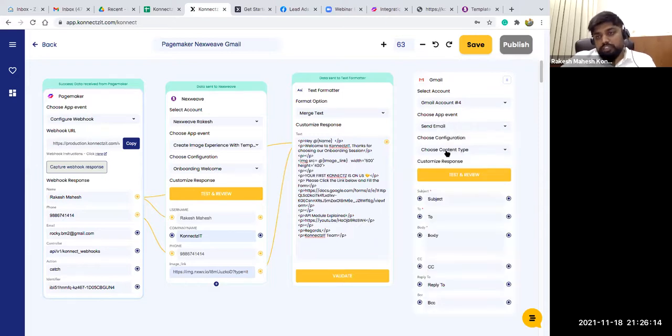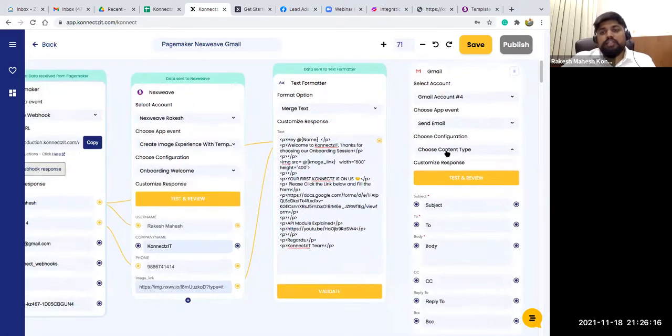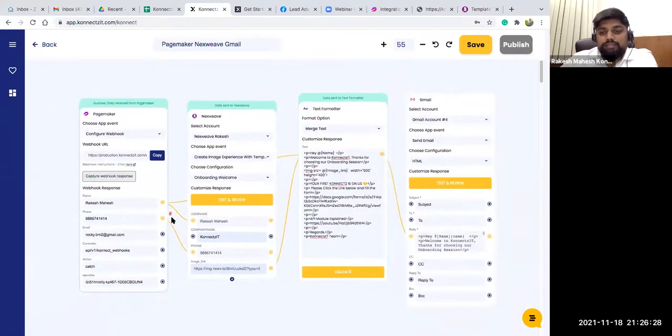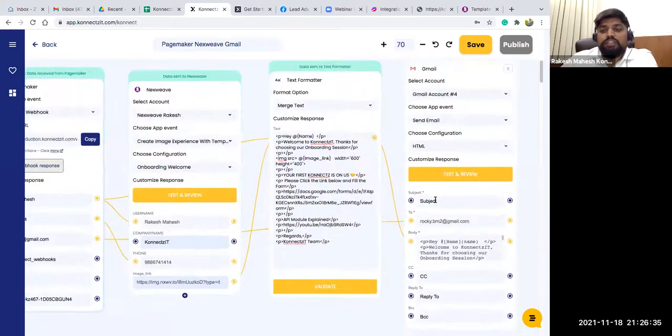Also make sure you choose the content type as HTML, because I've used HTML content in the text formatter. Just connect this to the subject, sorry, body. And then you can connect the email from PageMaker to the To option of Gmail, and I will name this Connexit onboarding demo.